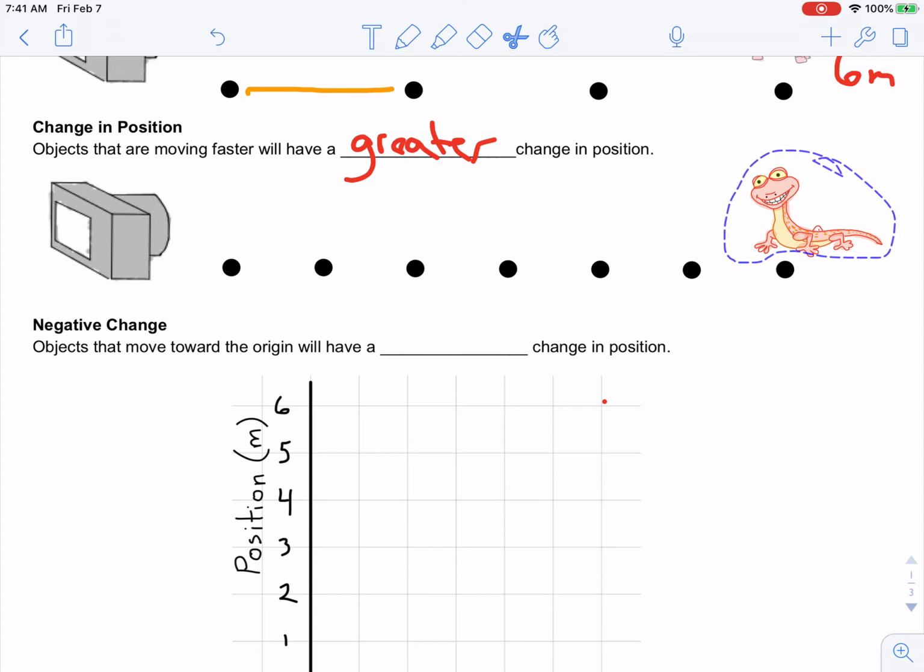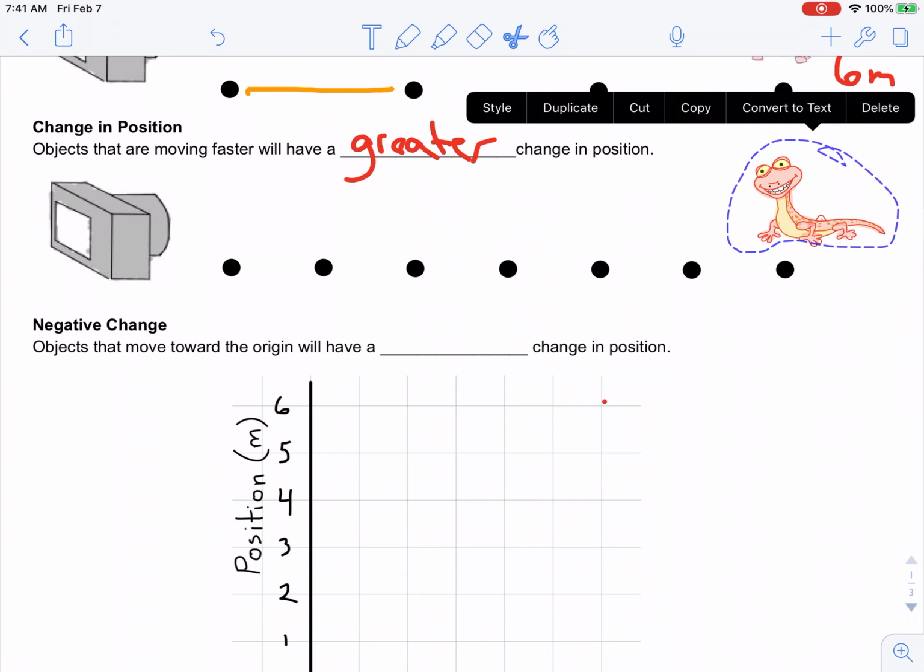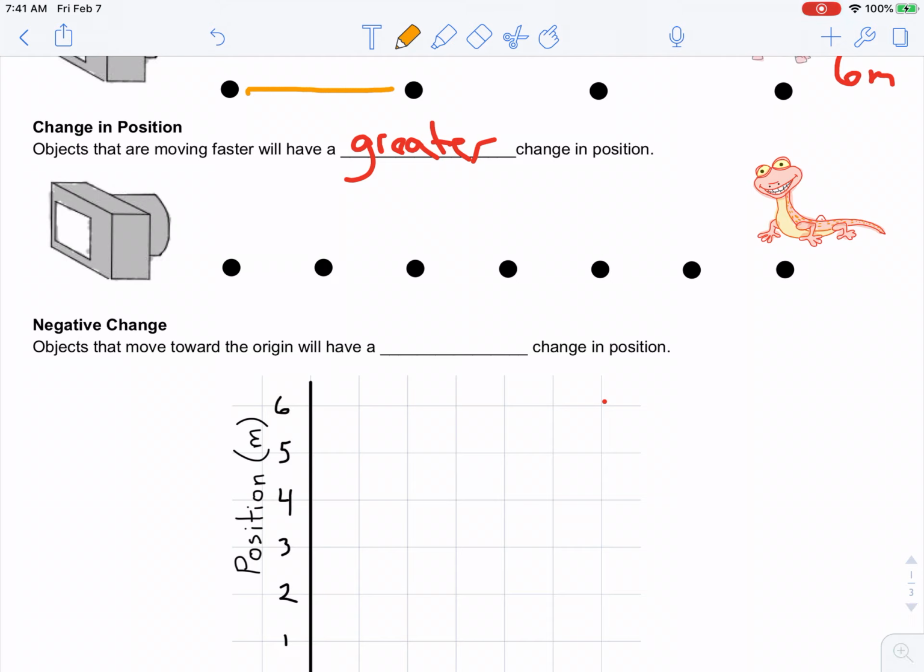Okay. Next, we've got this crazy lizard here. Here's Mr. Crazy Lizard. He's going to start at position 6 meters, so he doesn't start at the origin. He starts 6 meters away from the origin, which is still right here. And when I say go, he's going to go. 3, 2, 1, 0 Mississippi, 1 Mississippi, 2 Mississippi, 3 Mississippi, 4 Mississippi, 5 Mississippi, 6 Mississippi. So, cool. He is now at position